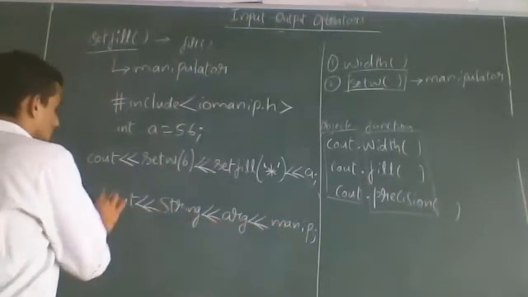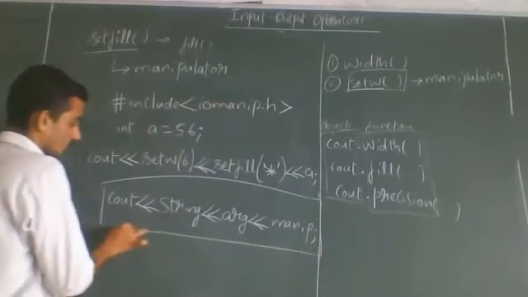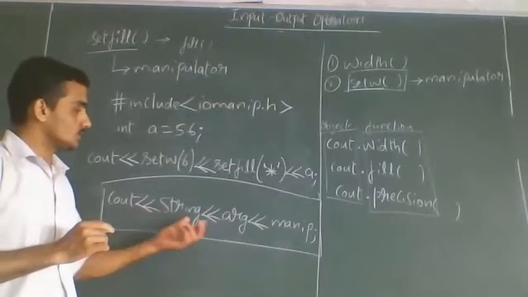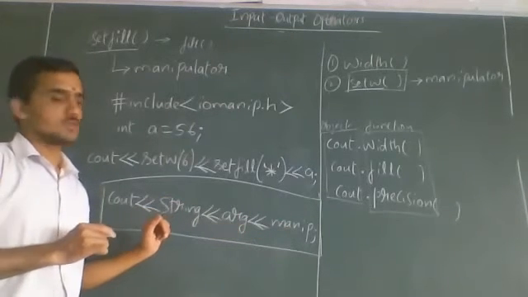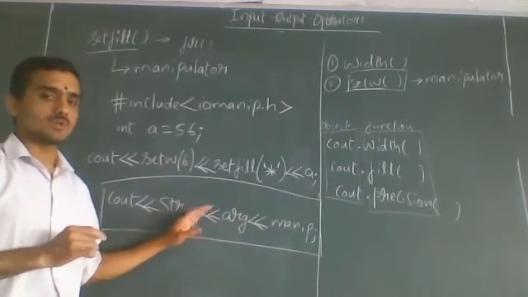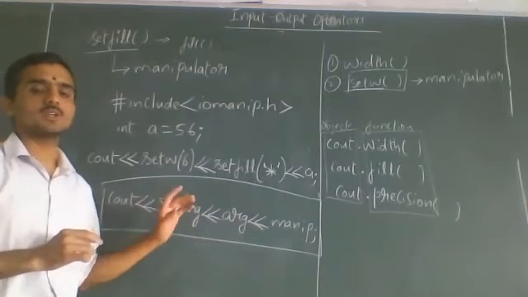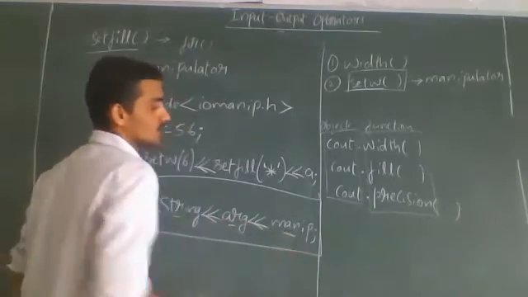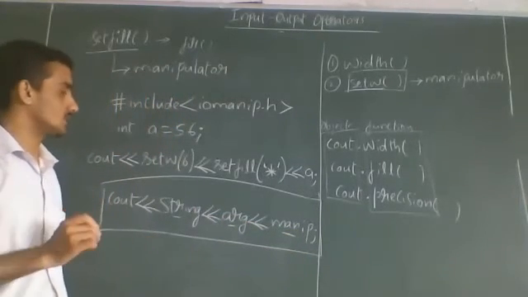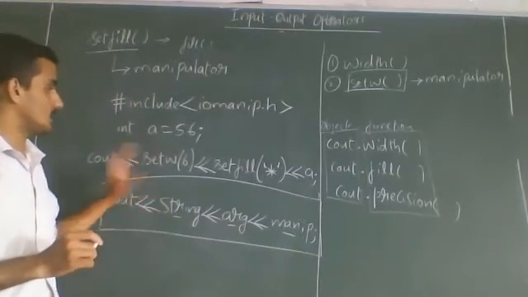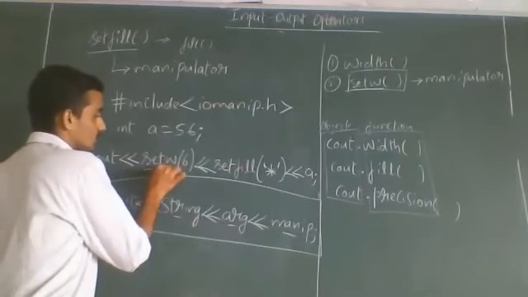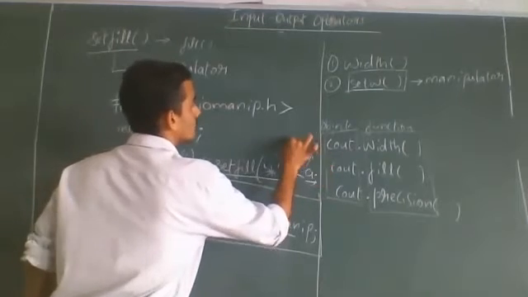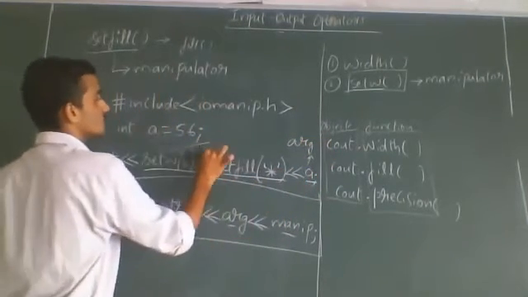So in this syntax, I think we have discussed it, but still one more time I will tell you. You just recall, 3 things are there: string, argument, and manipulator. We can use all 3, we can use only 2, or we can use only 1. So the minimum is 1; at least 1 thing you have to use. Either you use the string, or an argument, or a manipulator, or you can use 2 things, or you can use all the things. Now you just compare with the example. See, setw is the manipulator, setfill is the manipulator, a is an argument. So this is the argument, whereas these two are manipulators.